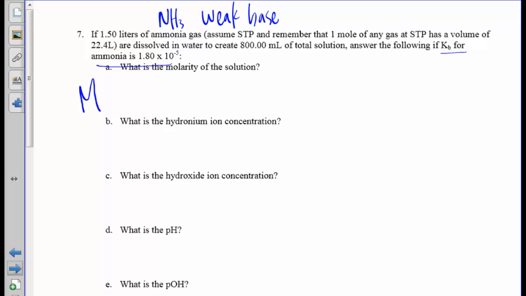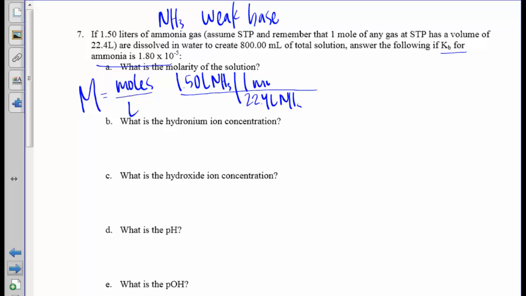So molarity is equal to moles of solute per liter of solution. So I'm going to take my 1.50 liters of ammonia and convert that to moles. So 22.4 liters of ammonia is equal to 1 mole of ammonia. And when I calculate that, I got